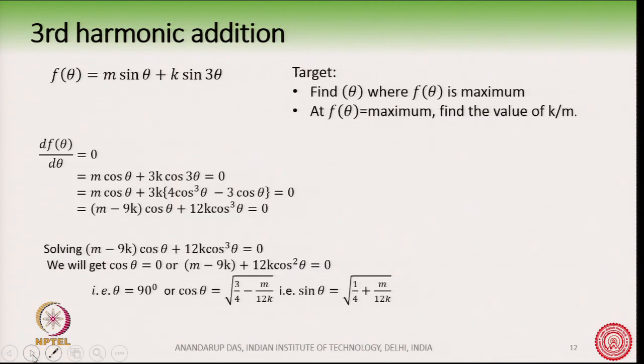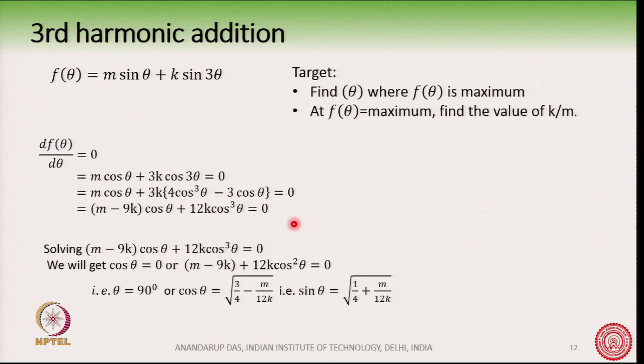So, let us do the mathematics here. f(theta) is equal to m sin theta plus k sin 3 theta, and our target is to find out where f(theta) is maximum first. So, if I differentiate it, df/d theta, and equate to 0, and differentiate this expression, which is shown in some few steps, we come to this equation here: m minus n k cos theta plus 12 k cos cube